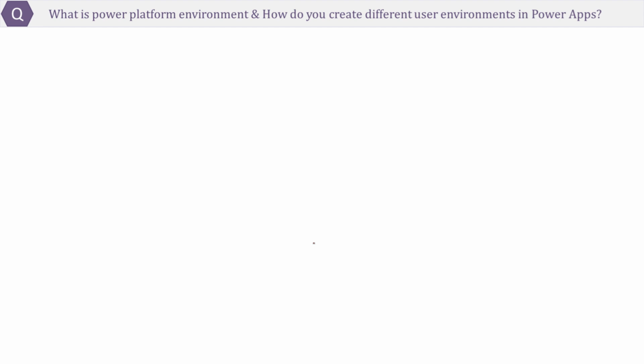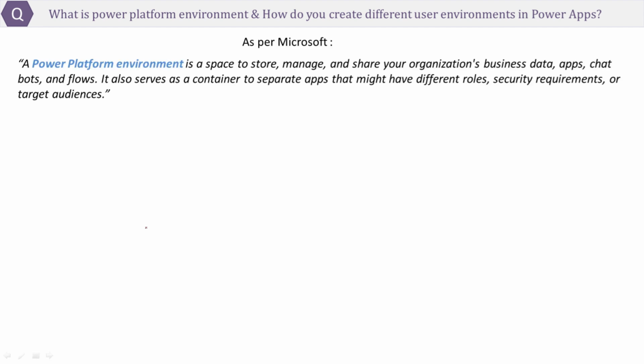The next question is, what is a Power Platform environment and how do you create different user environments in Power Apps? As per Microsoft, a Power Platform environment is a space to store, manage, and share your organization's business data, apps, chatbots, and flows.